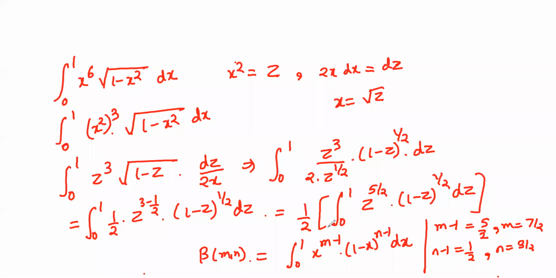Instead of this I can write beta 7 by 2 comma 3 by 2. So this is 1 by 2 beta 7 by 2 comma 3 by 2, and this is the answer of